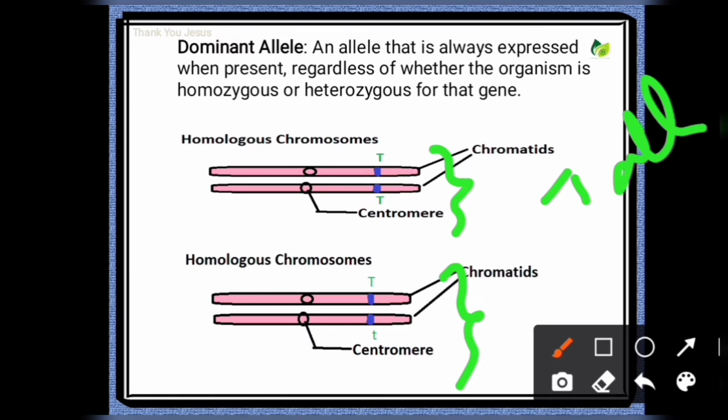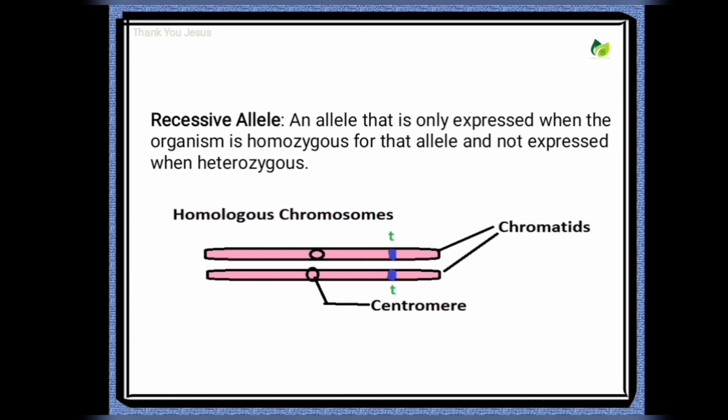T represents the tallness in pea plants, which is dominant over the dwarfness. You should remember, that allele is referred to as the dominant allele. In the first diagram it shows the homozygous condition and the second diagram shows the heterozygous condition. In both conditions it will express its characteristic of tallness because it is a dominant allele. Next,